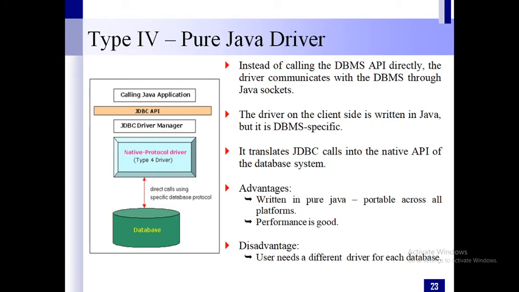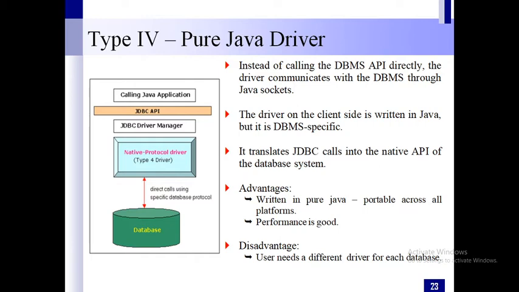Now here, what we are actually doing: in the earlier case, we are using the DBMS specific drivers in the client machine. So whatever driver it is using, that we are installing. But in the pure Java driver, even though it is DBMS specific, that entire software is written in Java itself. That means your JDBC driver can directly translate the system call. So directly it can communicate. No need of using native database specific drivers here.